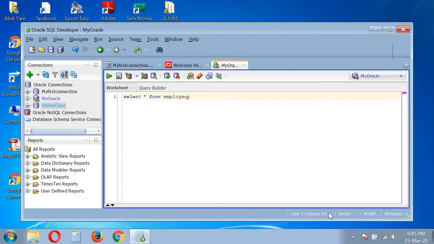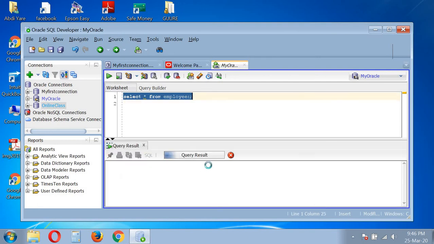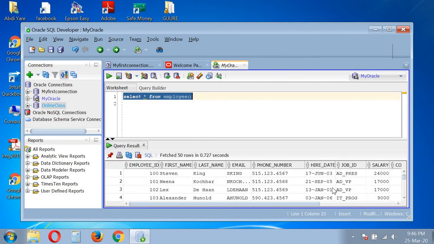There are a number of other tables that you can use. Not only this one, there are a number of other built-in tables that you can use. And here is all the information that you need from the table. We don't have much time, so instead of just saying all, you can call a specific column,